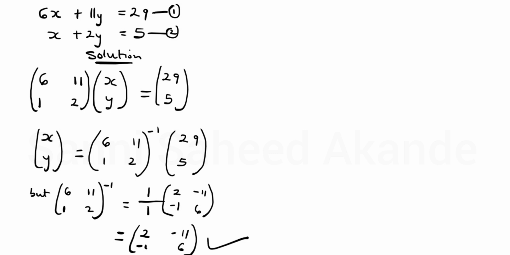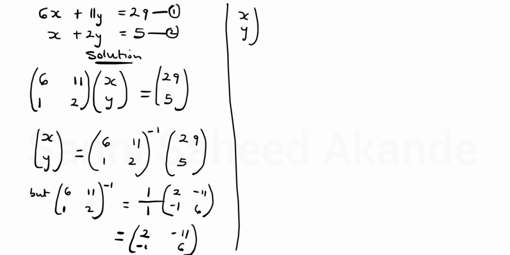Okay, so we are going to substitute this now into this. Let's quickly do that. Let me put a line here. So now we have x, y equal to, so the whole of this now has changed to this. Is that okay? So that's the whole essence. So I'm going to replace that with 2, minus 11, then minus 1 and 6. All right, then multiply by this, which is